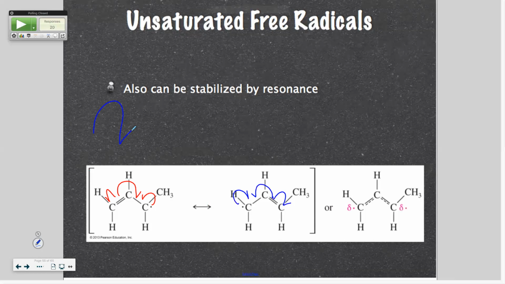Over here, sometimes you have a single bond, sometimes you have a double bond, so you get the little dashed line here and here. Does everybody see that part? And look what they put, partial dots. How can you have partial electrons? You can't. But the electron density is shared by both of those carbons.